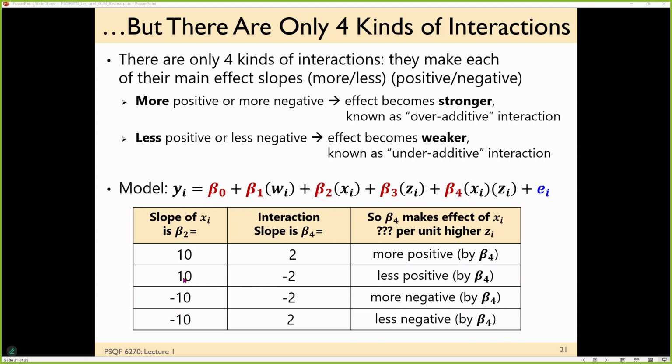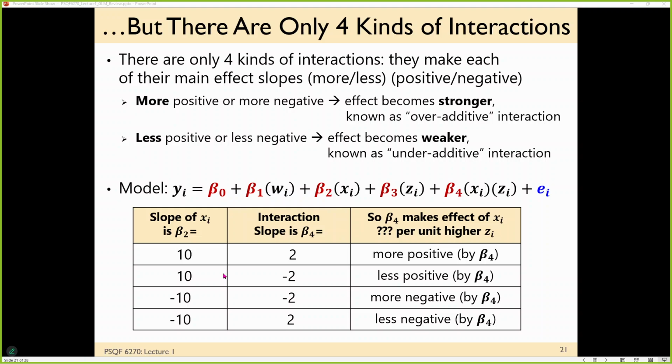Now let's go the other way. Slope of x is still positive 10, but now the interaction term is negative 2. So the way that I would think about this is that z is making the slope of x less positive as z increases. The signs are counteracting each other. So it's 10 if z is 0. If z is 1, it's 8. If z is 2, it's 6. So it's still a positive slope, but it's becoming less positive as the moderator increases, and eventually it will flip